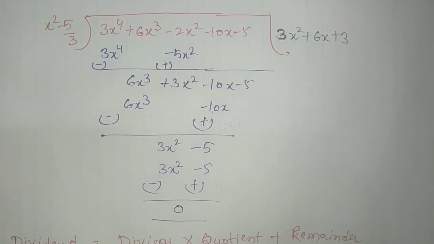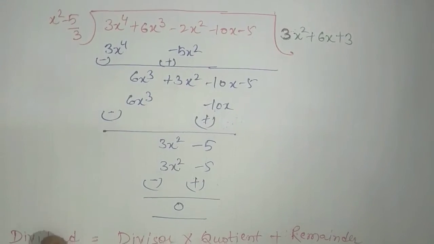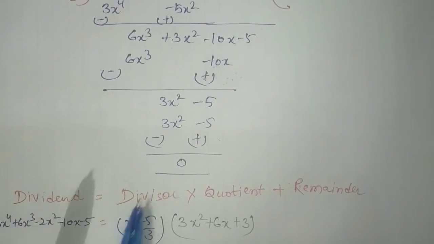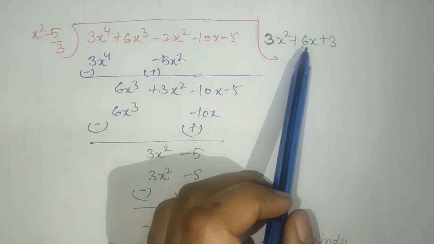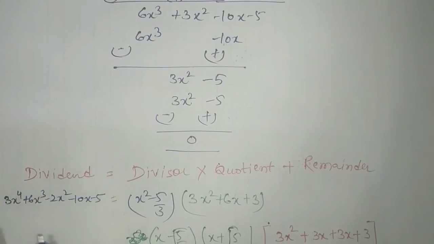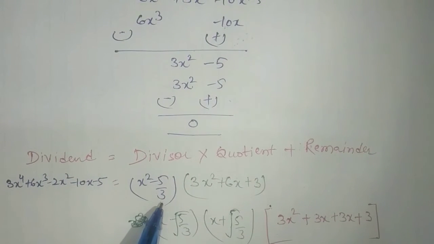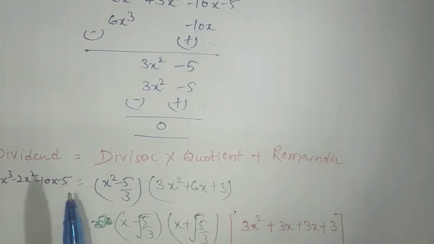Now after dividing, I have quotient as 3x square plus 6x plus 3. Now dividend is equal to divisor into quotient plus remainder. That we know already. Here is the dividend, here is the divisor and here is the quotient. Remainder is 0, no need to write it. Now on factorizing, we know that this splits into x minus root 5 by 3 and x plus root 5 by 3. And this can be split